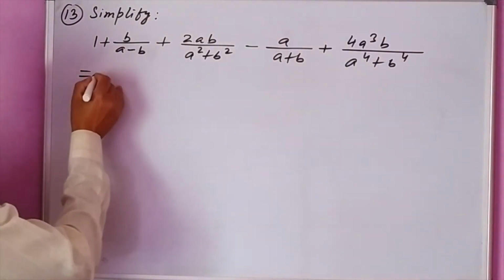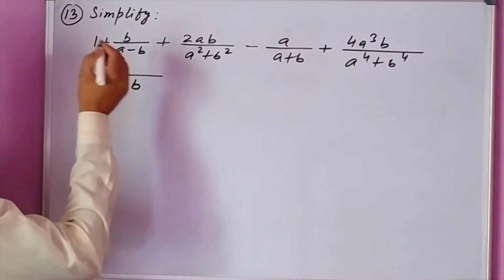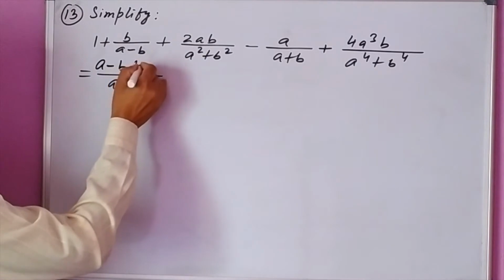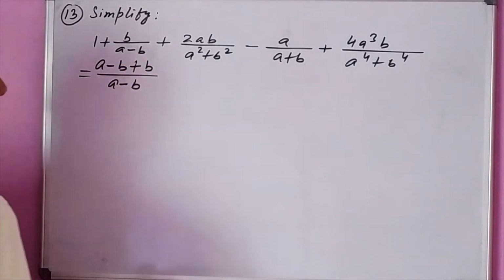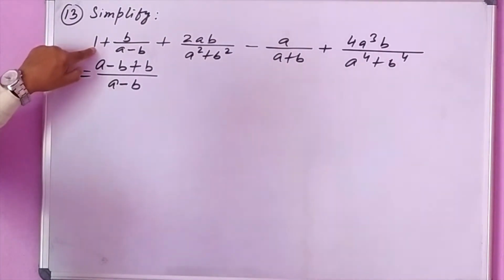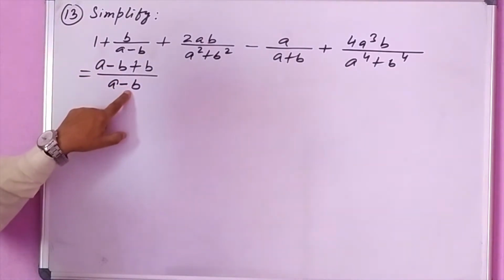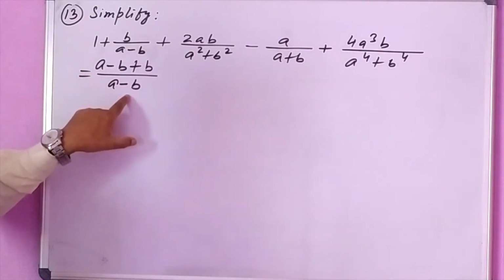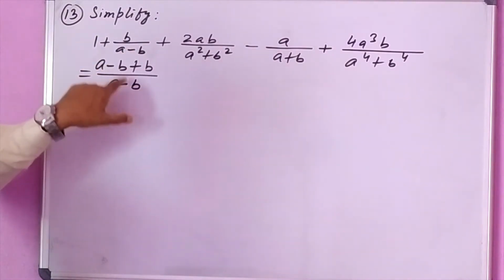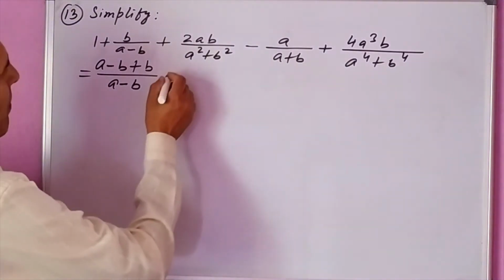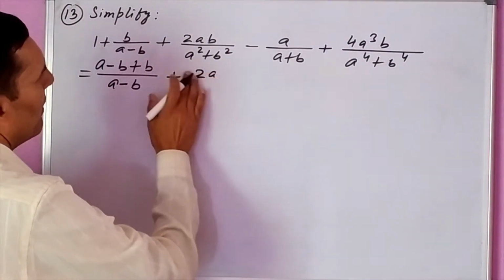It will be easier for us. So first I am taking the LCM in these two terms, a minus b. So with this a, what will be remaining? A minus b and plus b as it is. We know that while taking the LCM, we have 1 only, the first term. It has a denominator also 1, we can suppose. If this LCM is divided by 1, we will get a minus b, and a minus b into 1, a minus b. And the second term, this LCM a minus b, denominator also a minus b. When a minus b is divided by a minus b, there will remain 1, and 1 into b, it is b. So plus 2ab. Okay, first we write this